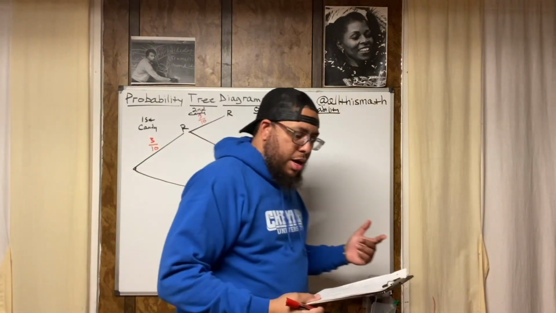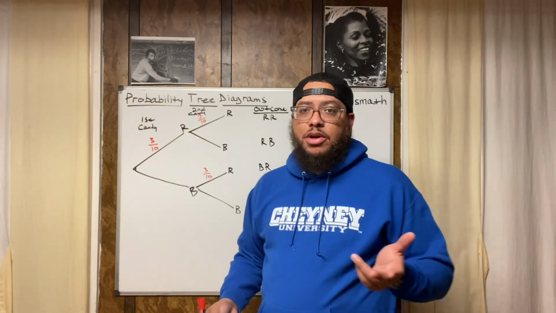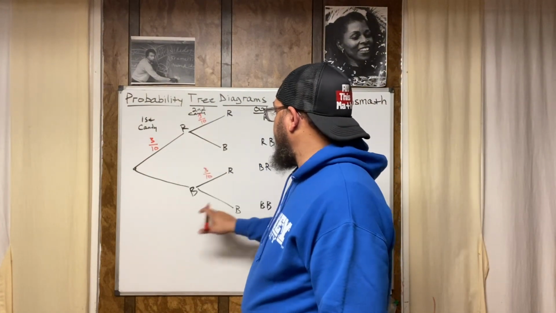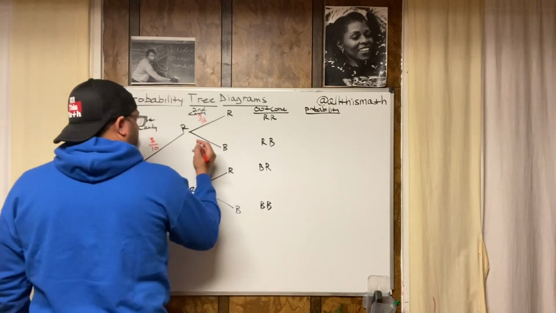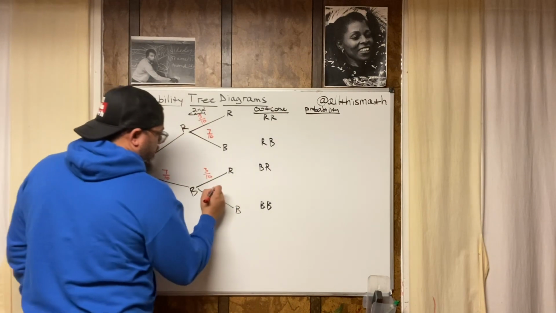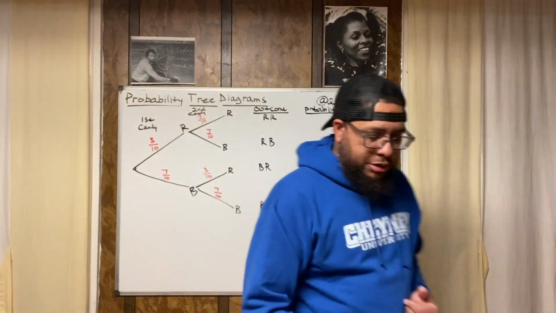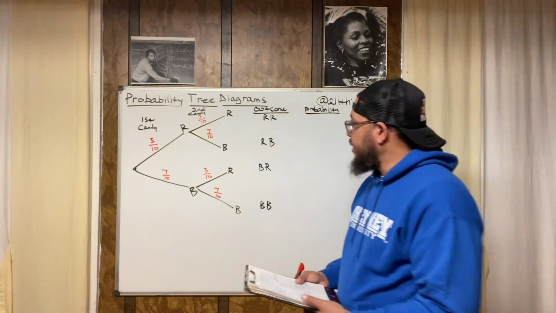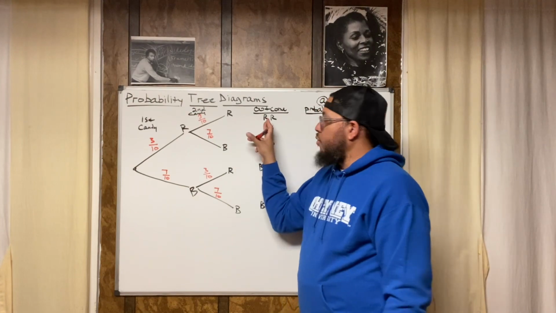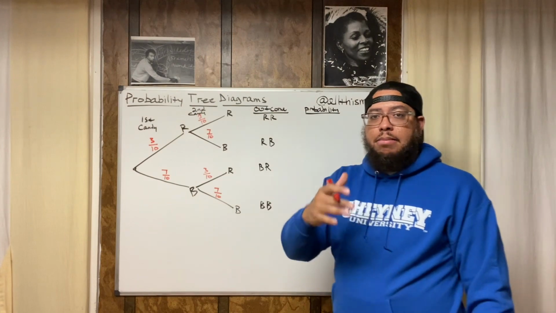All right. What about the blue raspberry? It was 7 pieces of blue raspberry candy, and it's 10 pieces altogether. So wherever you see the blue, like here, here, and here, we're going to put 7/10, 7/10, 7/10. All right. So that's all our probabilities. So now check this out. What we're going to do next is figure out the probability of these outcomes. So what's the probability of pulling out a red piece of candy and another red candy? I use the word and. That means multiply.